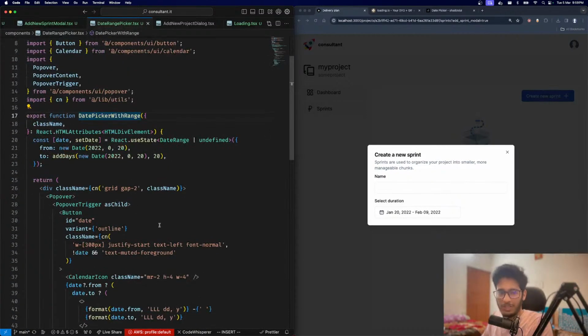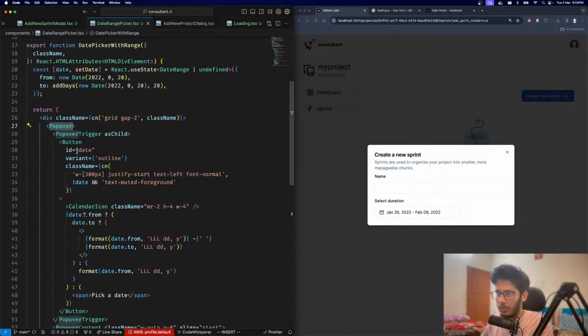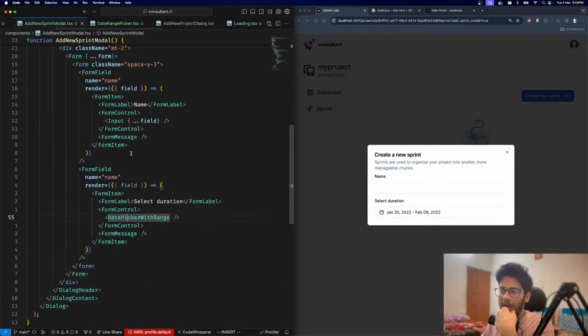That's the best part about Shadcn, right? You can go inside the component and modify them. So we have a popover, and then this is button. So we can go over here and we don't need to limit this to 300. There you go. That's kind of what we want. Great. So we'll see how to handle on change and all those other things, but